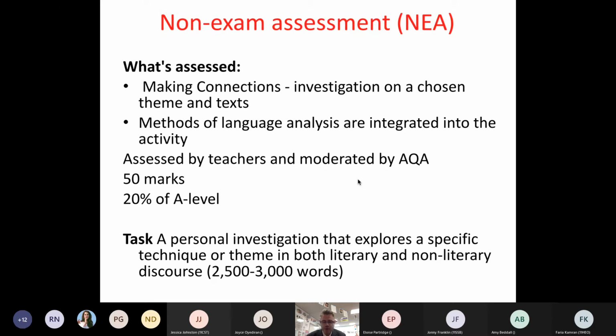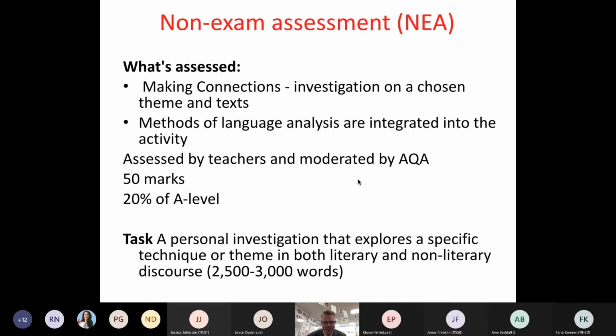So you have to choose something literary, which is a traditional literature text, a play, a poem, a novel, or a graphic novel, and then a non-literary discourse. So that means non-fiction, maybe speech appearing in film or television, or in a newspaper, or a magazine, or on a website. Okay, so it's the way in which language alters and changes and is different across different types of writing in English. Does that make sense?